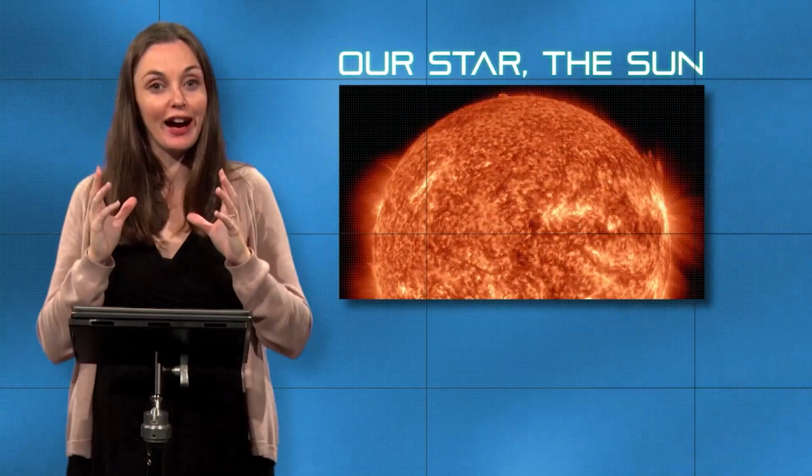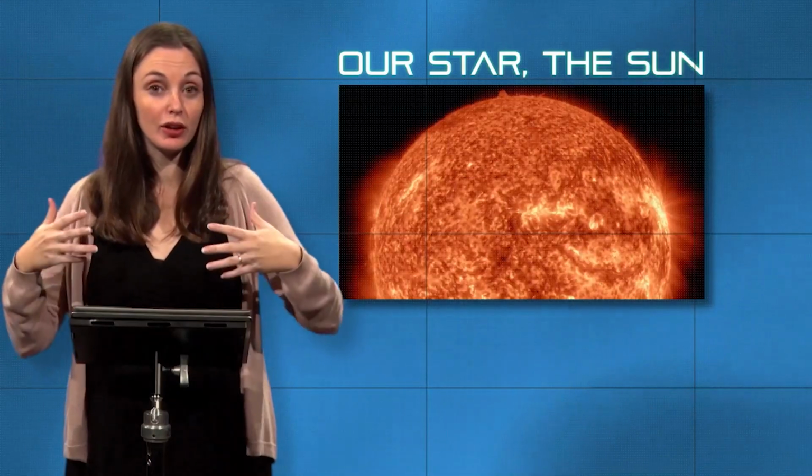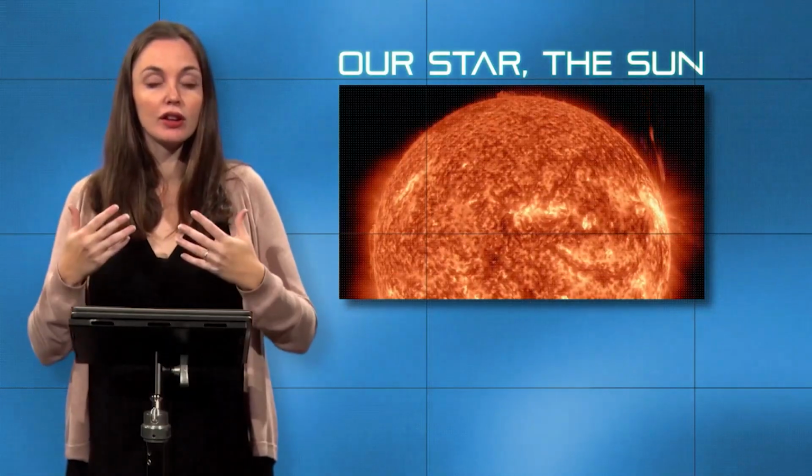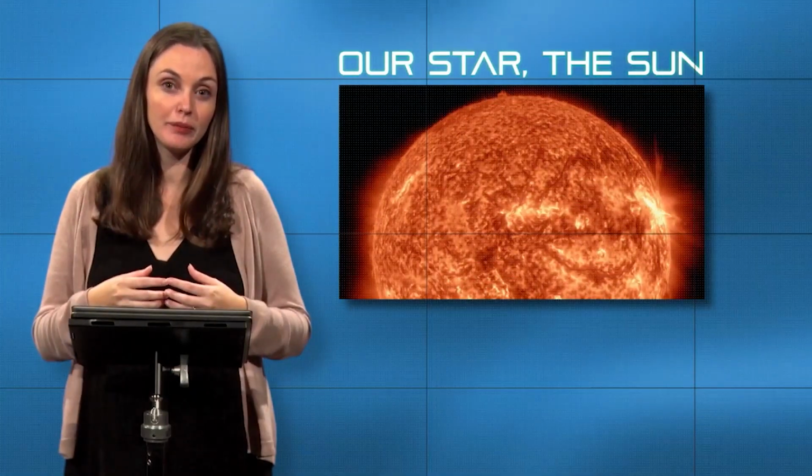It's almost entirely hydrogen and helium with only trace amounts of all of the other elements, stuff like calcium and potassium and so on. So it's really no different in that sense than a lot of the other objects out there in space, even our own planet and our own body. It's all made up of the same basic elements. Except in the case of the star, you have a lot more hydrogen and helium just because it's a really big, massive object and has a much higher escape velocity.